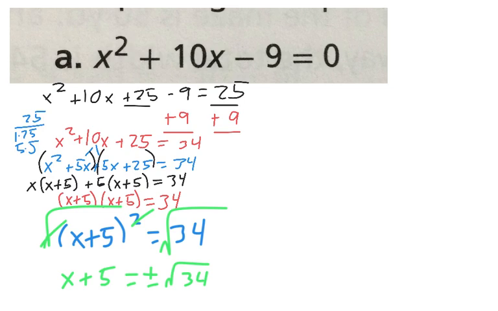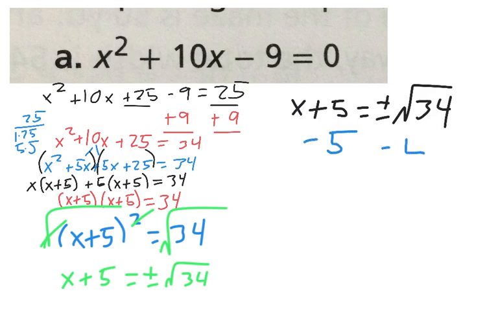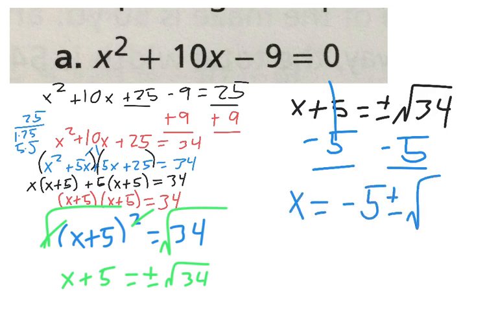Subtract 5 from both sides. So I'm going to write that down up here. So subtract 5. So x equals negative 5 plus or minus the square root of 34. That means I have 2 solutions: negative 5 plus radical 34